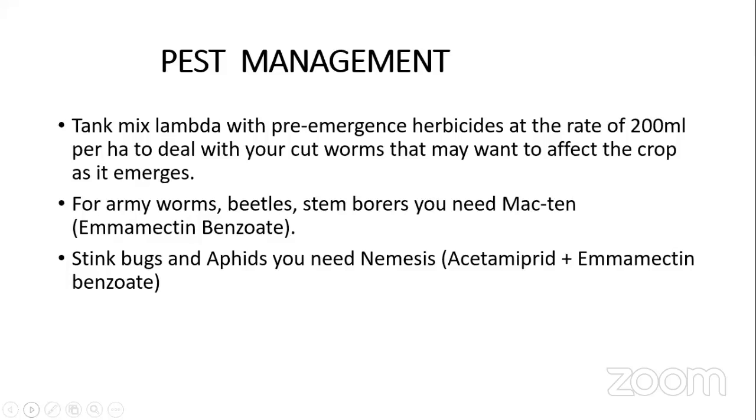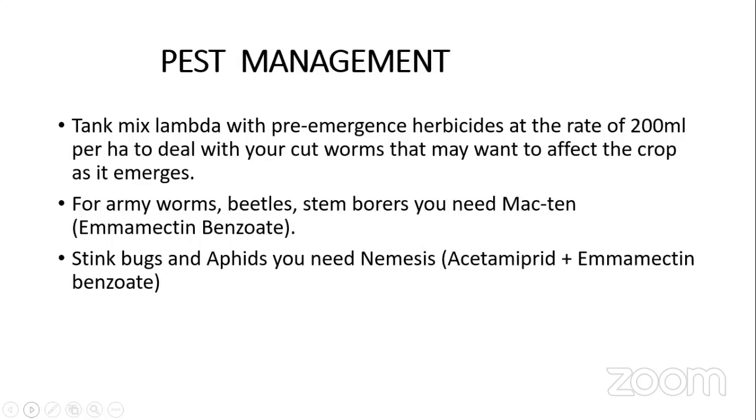Then in terms of your stink bugs, your aphids, you need Nemesis, which has got the advantage of having two active ingredients, that is acetamiprid and emamectin benzoate. So acetamiprid is a systemic pesticide, and emamectin benzoate is contact. So you now have a combination of a contact and a systemic insecticide in one. That will actually render Nemesis as a broad spectrum insecticide or pesticide,